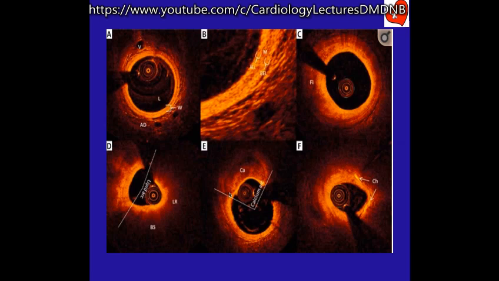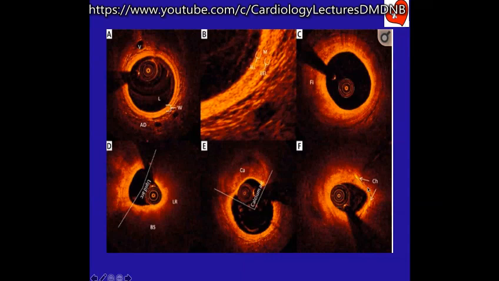And finally, here you see bright spots inside the deep intimal, subintimal layer. What is this? This cannot be calcium, because calcium won't allow light to penetrate. This is something which light is penetrating, and therefore you see it as very bright. These are cholesterol deposits called lipid clefts, or cholesterol clefts. This is a positive indication of the presence of lipids.